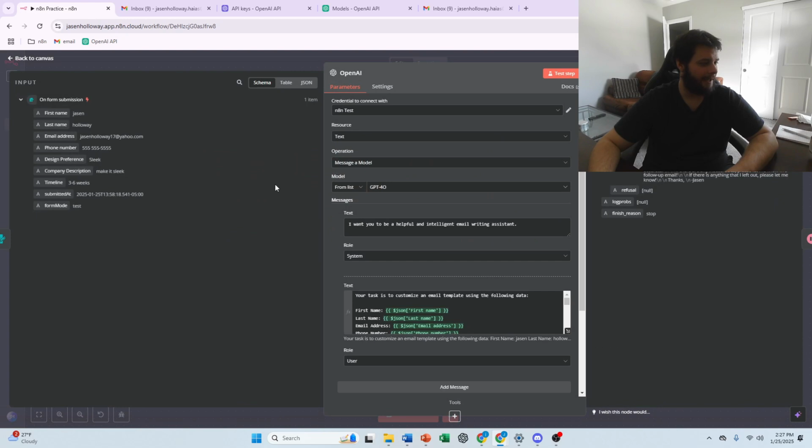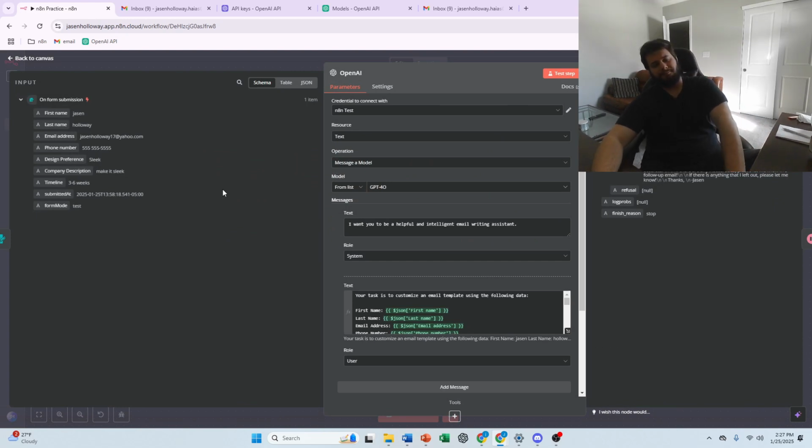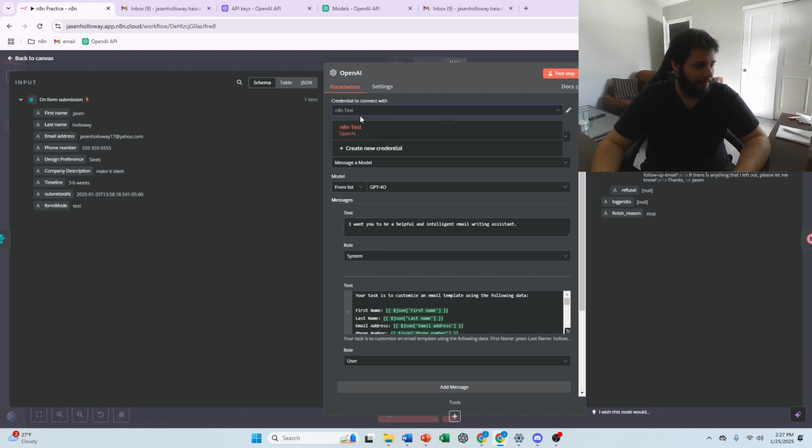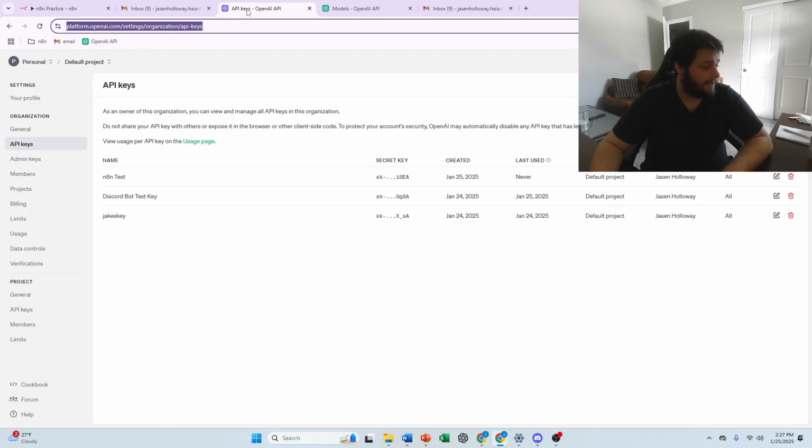We go into the OpenAI. Now this is the fun one. So first you're going to want to get your n8n or your OpenAI key, your API key. For those of you who don't know, I'm not going to get a new one, but what I will do is go here. If you type in platform.openai.com, go to it,